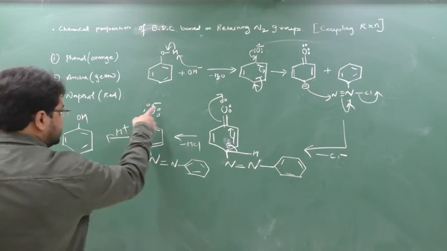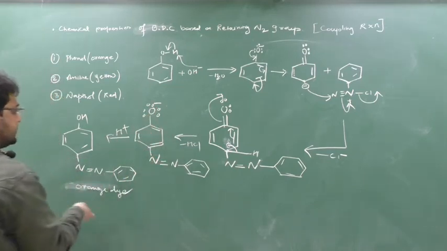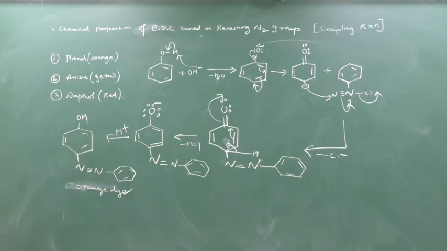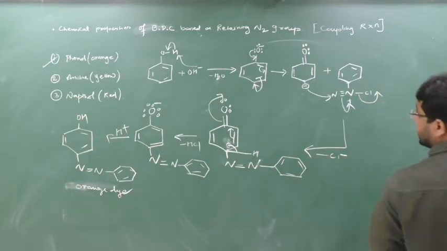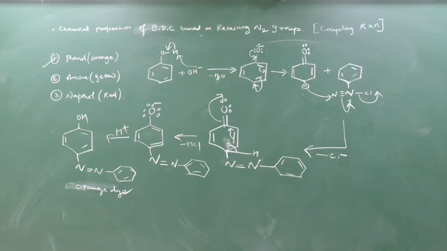Yes or no? Now this minus will be satisfied by whom? Just do the acidification, H plus. So this is your orange dye. The same mechanism will be for aniline and naphthol, which is not in your course. Not to remember, just remember the mechanism for this. Write this down, take a screenshot. Then next I will go to the aniline and naphthol.